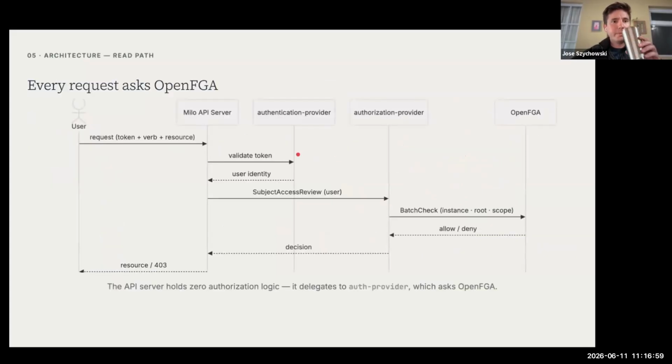So here is a quick recap. Here we have our Milo API server and we have a user. When a user wants to have access to a resource, it creates a request with their access token, a verb, and a resource. Our authentication provider validates the token. Once they are authenticated,